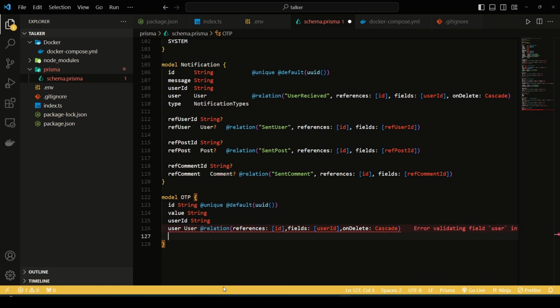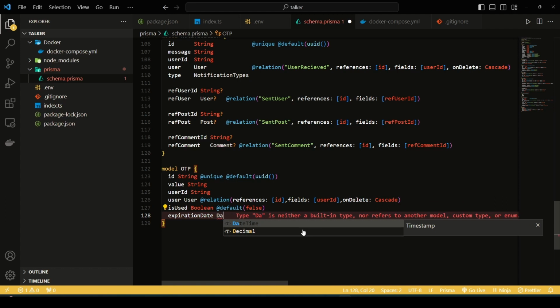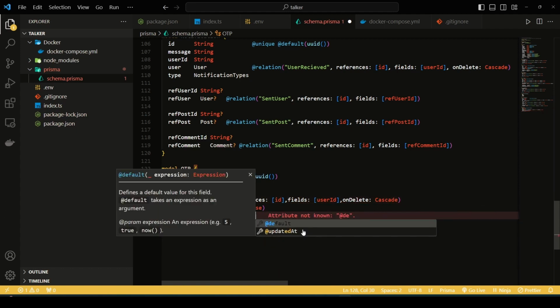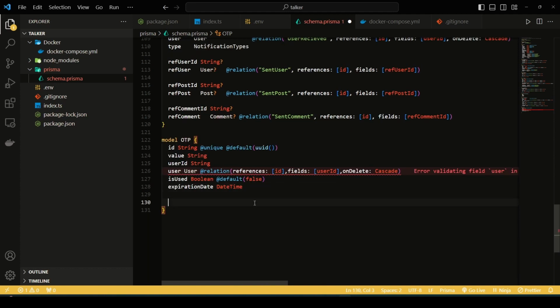And again, on delete cascade, because we don't want to keep these OTPs if the user is no longer in our database. Then the second thing we could do is specify a field whether this OTP has been used or not. So is used, it would be of type Boolean, and by default it would be false. That means this OTP hasn't been used yet. And what else? Yeah, expiration date. This will basically specify till when this OTP is valid. You don't need to specify default here. Yeah, it would be whatever time this field has been created plus 10 minutes or 5 minutes or whatever you want to specify, and then created at,